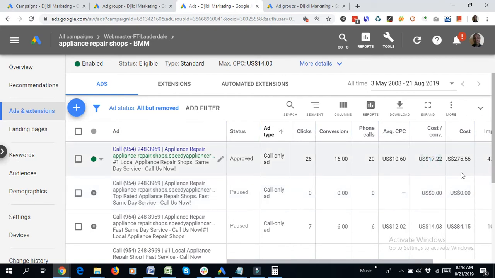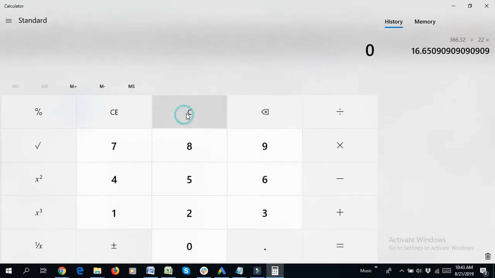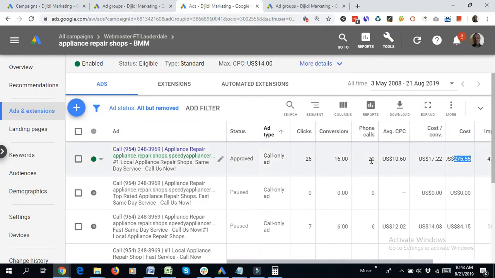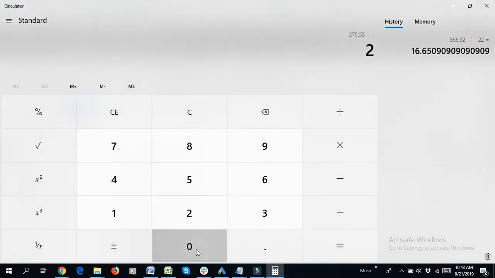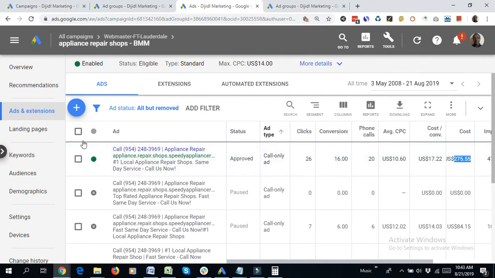So this is the cost per conversion, 17, and we have 26 clicks, conversions 20. So this brings down our cost here. If we confirm, divide by 20, so that will be quite low. So this is doing well,